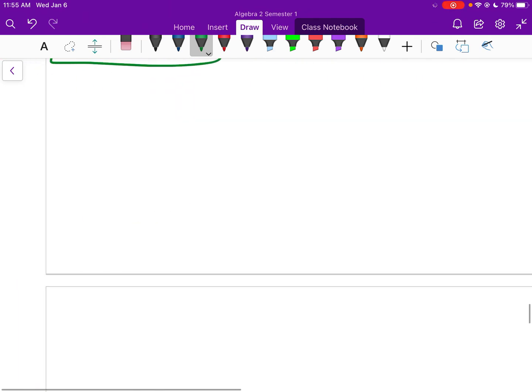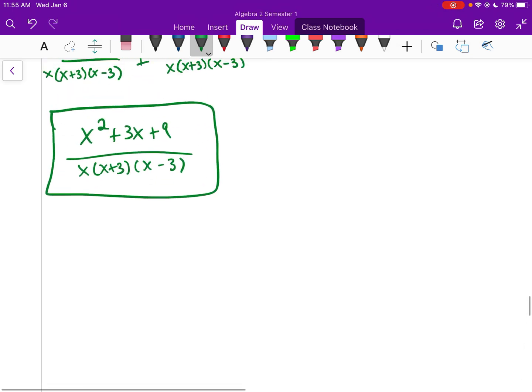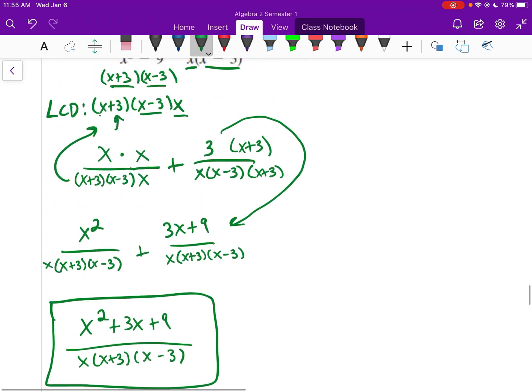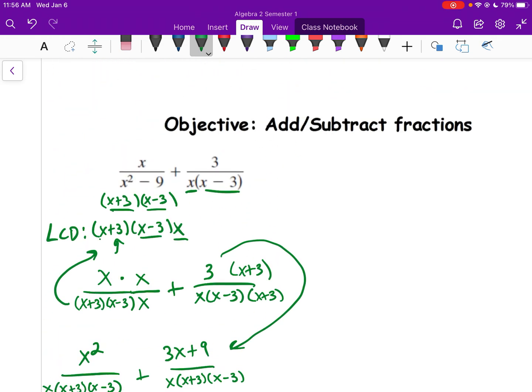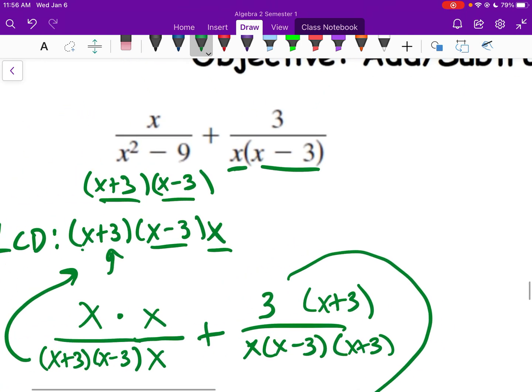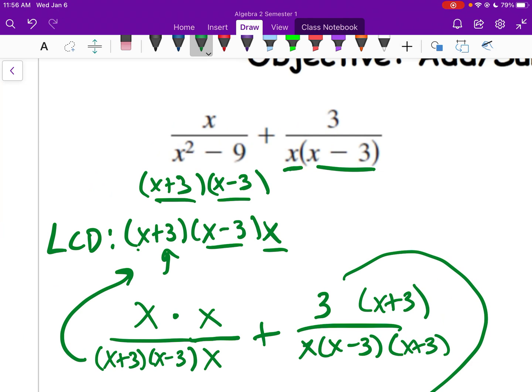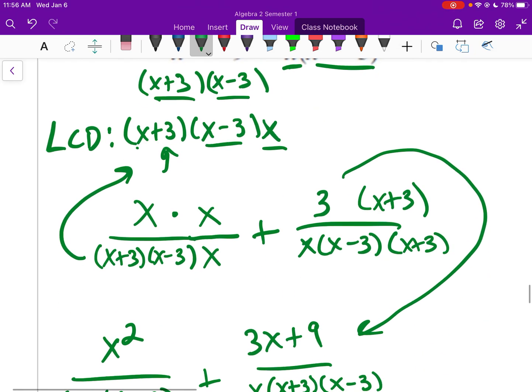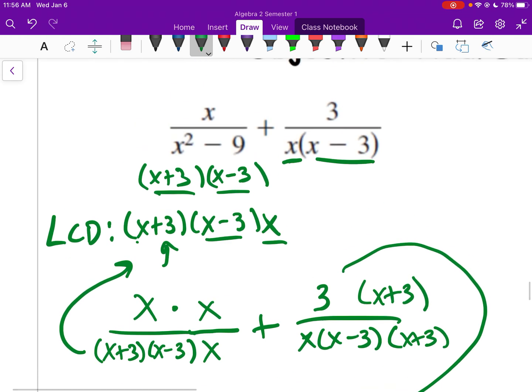So that is 9.5a, adding and subtracting rational expressions. Probably one of the harder things to do for this chapter. So again, let's just walk through the process real quick on this last one. We factored what we could. Pick one of the denominators to start your LCD with. Go to the next denominator, add any terms that are missing to your LCD. Then go to each term, whatever that denominator is missing compared to the LCD, multiply both top and bottom